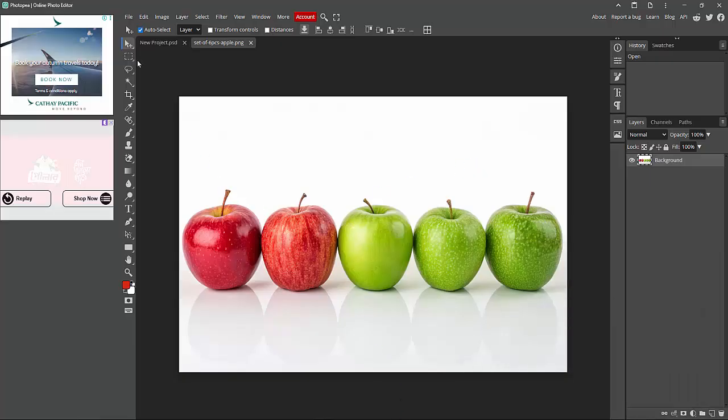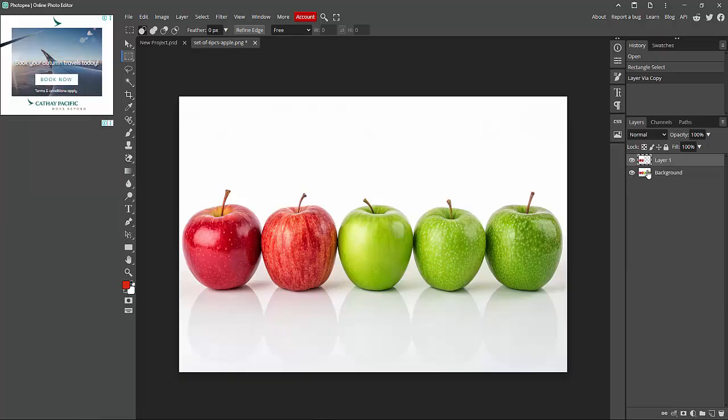Now go to the Rectangle Select menu option. Then click. Now select from the picture. Now go to the Background in the Layer option. Now on the keyboard press Ctrl plus J. Now you can see, then again